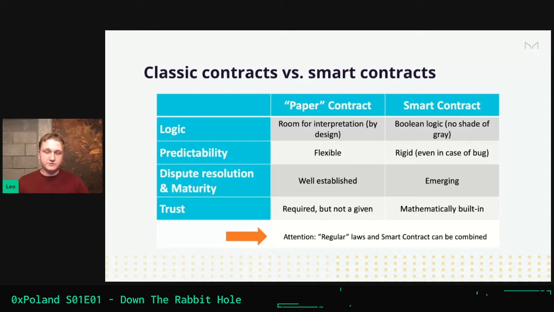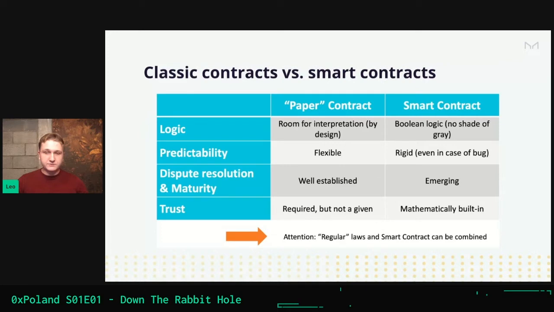the system. You can think of that in terms of soft promises versus hard promises. So paper contracts give you soft promises, and if you want to harden those promises, you cannot do that. But smart contracts give you hard promises out of the box, but then you can build soft promises on top of that. Trust. In the paper contract world, trust is required, but not a given. But in the smart contract world, trust is mathematically built into the system, and you don't need to trust the party with whom you contract, because you know that here is the code and it will be executed like it's